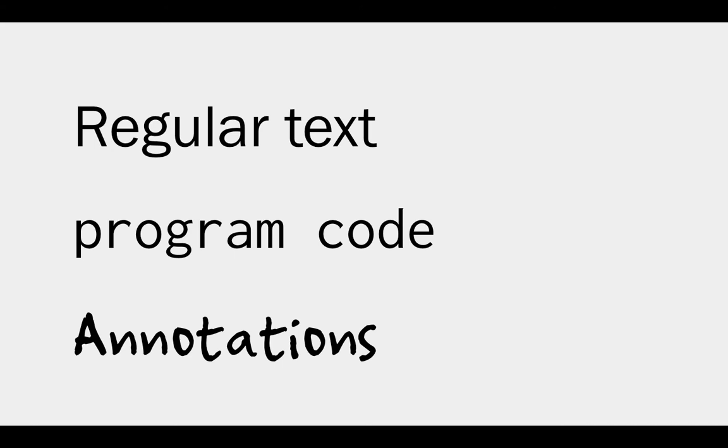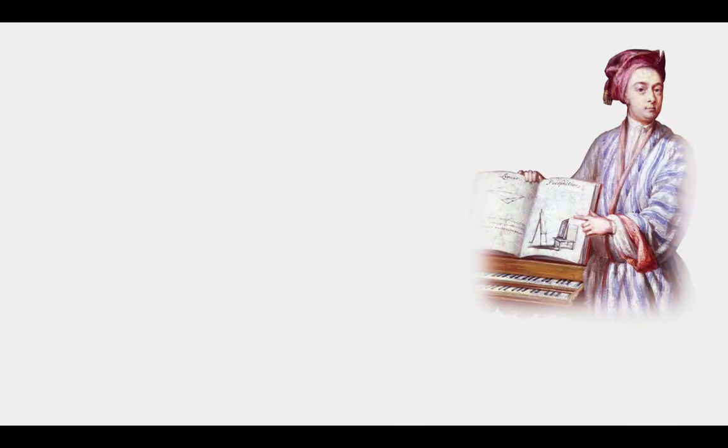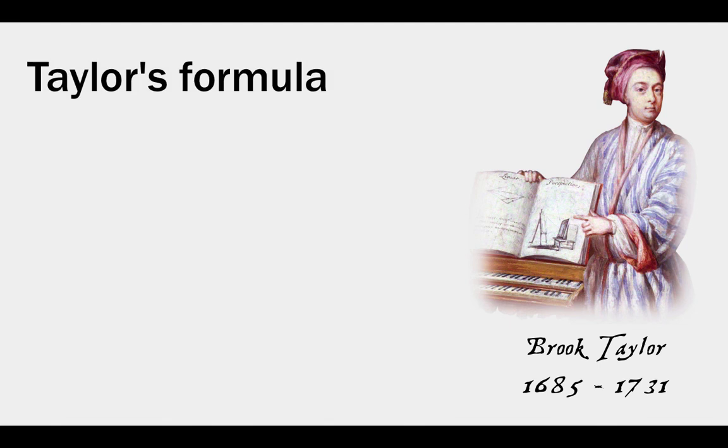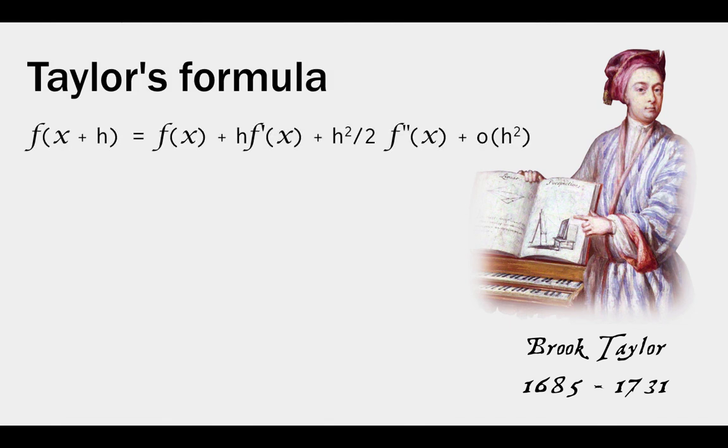Let's take mathematics as an example. You are probably unfamiliar with the face of this guy, and I'm not sure that the name of this English mathematician immediately rings a bell. Yet, in some circles, Taylor's formula is quite famous and expresses that you can compute the value of a continuous function in the close vicinity of a point with the precision you wish by computing the values of successive derivatives of the function in this point.